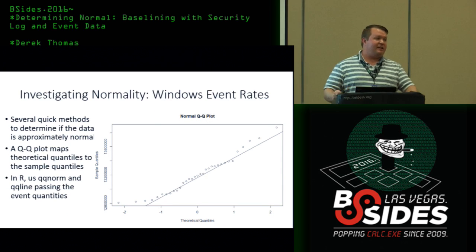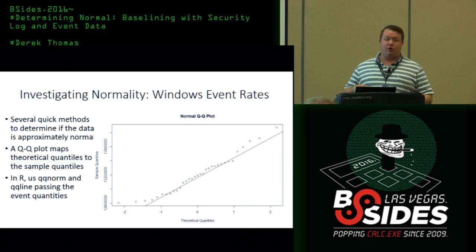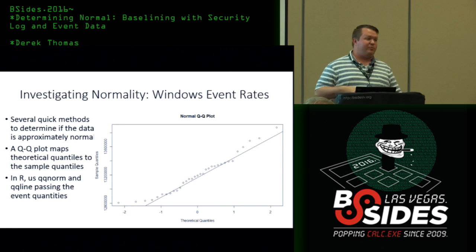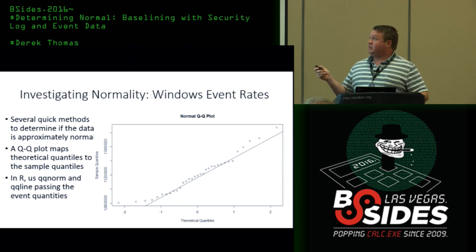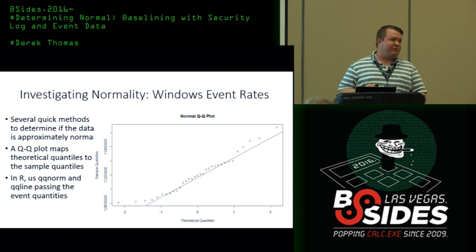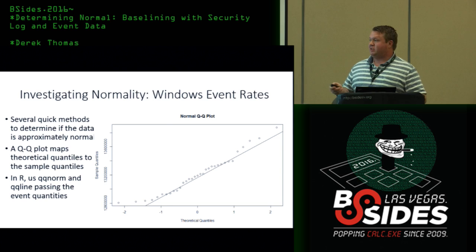So I'm going to talk about a couple of techniques for looking at the data and determining if it's normally distributed. The first one's called a QQ plot. Basically, that maps the data versus the theoretical quantiles. The only thing I need to know is, is this data following this line? If it's close to this line, it has a better chance of being normally distributed. We do see on this data that there's a few points where it starts to stray off. So this looks pretty good. I have a better feeling that this is normally distributed, but I'm still not totally positive. You'll never be totally positive. We're just trying to determine if this is approximately normal so that we can create upper and lower thresholds using the statistics of normal distributions.